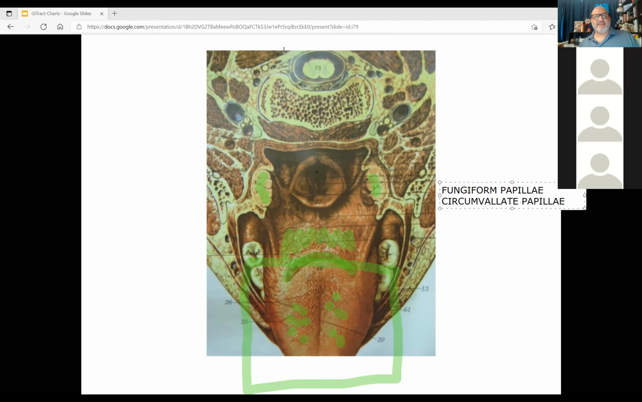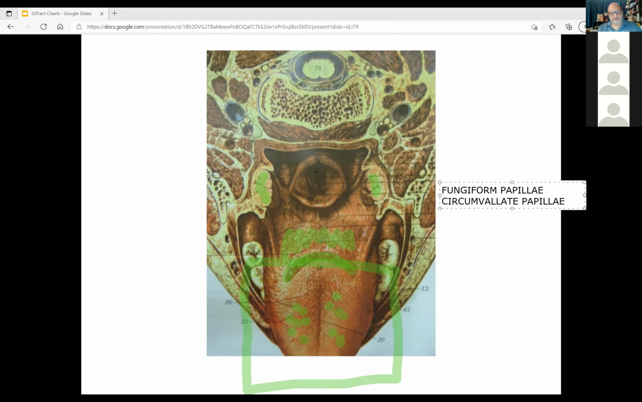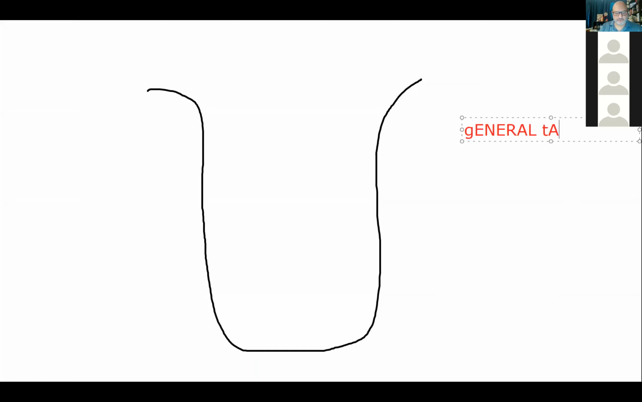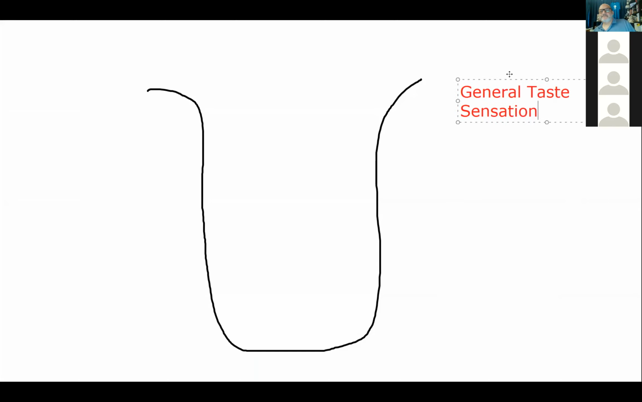And how many taste sensations do we have? Either 4 or 5. Which one? You are correct, it is either 4 or 5. I think it's 4. How many? 5. There you go. Excellent. We have 5 taste sensations. Excellent. What are they? Sweet, salty, sour,